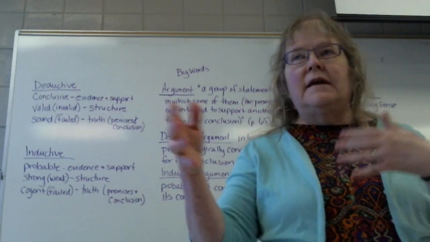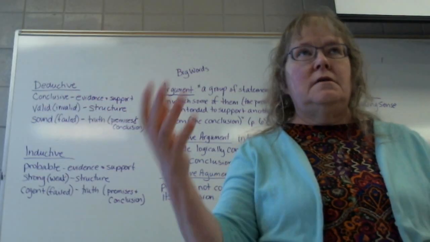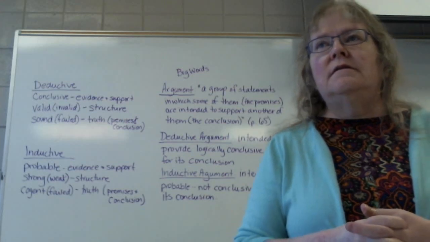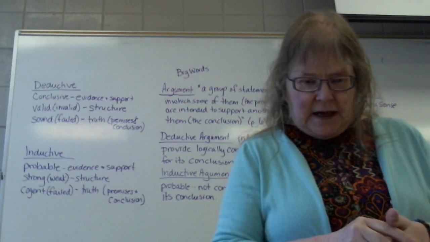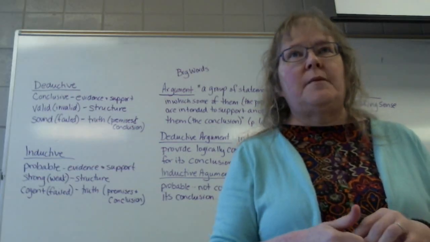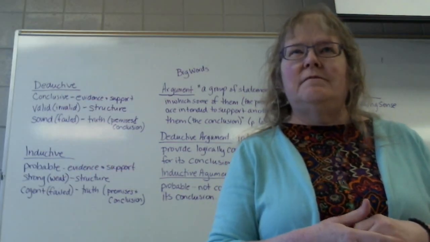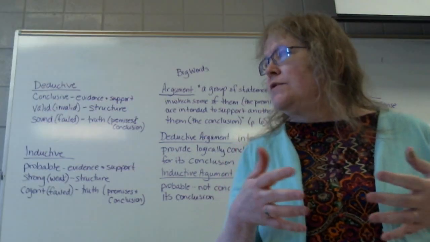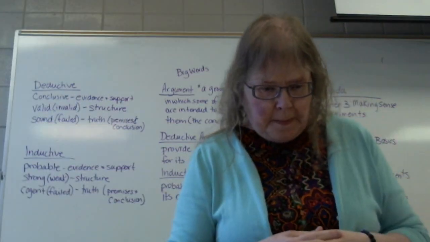Anything that gives you more reason, more evidence to believe that this is true, that's your premise. And usually there is more than one premise. For what we're doing mostly in this chapter, until we get to the diagramming part, which is different, most of our arguments have 3 parts, 2 premises and a conclusion, so not too bad. Step 2,